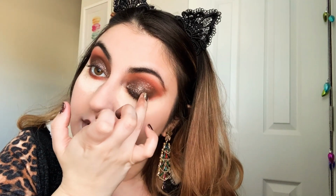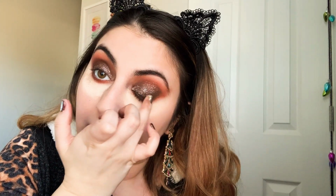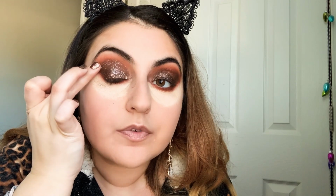Just make sure that the outer is nice and dark and giving you nice depth. So go back into that Chocolate Wasted shade, make sure it's nice and dark the way you would prefer it to look. Okay. And if you're pleased with it, then you can just fix the glitter part of it and make everything just